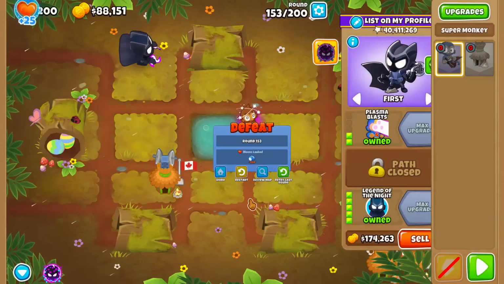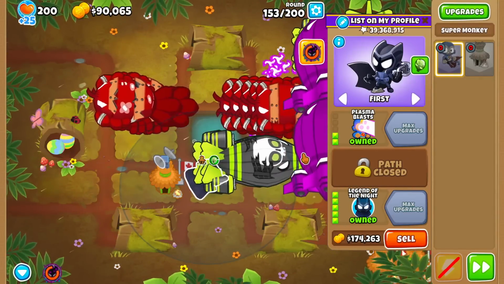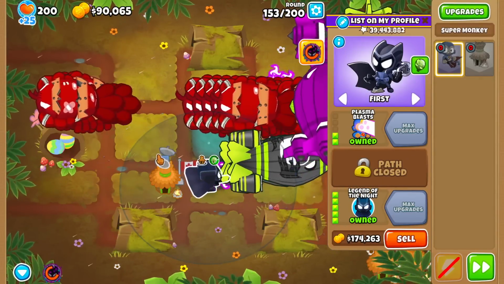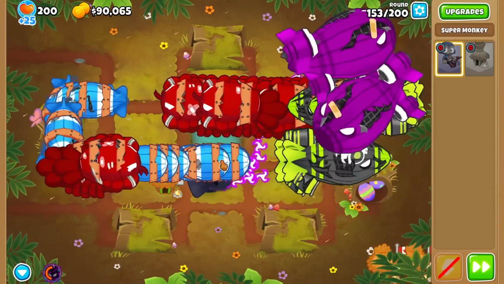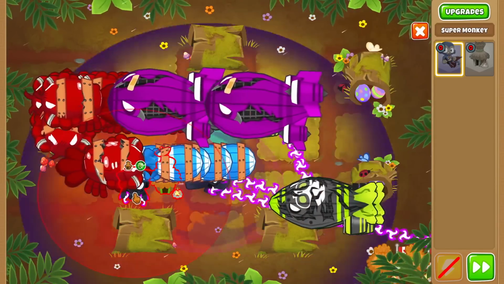Yeah. One more try. This time I popped really early. Hang on. Oh, that was close. I basically just Dark Shifted a bit more to the left, so I could, I guess, do some more bad damage. And I think if I can Dark Shift one more time here,